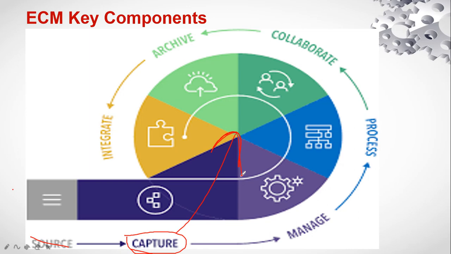In order to do that, we have to add some security, because we have to add some permission sets and define different roles. For this role we are giving write access, for this role we are giving read access, those kinds of things we have to put in place. So that will come under manage. So this is how the ECM platform will manage the content.